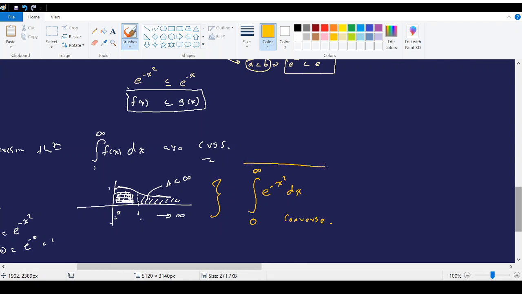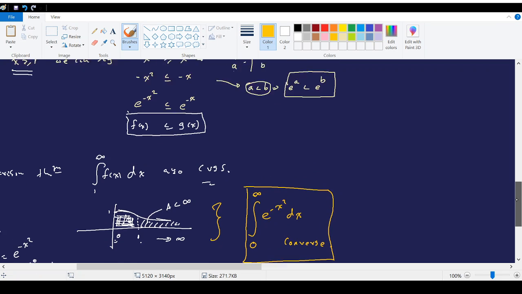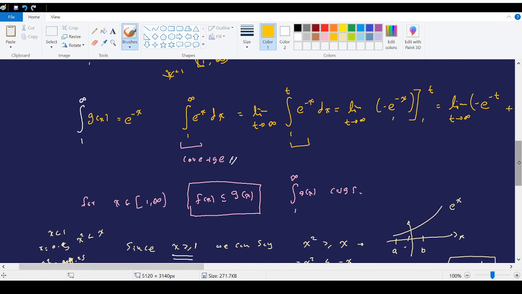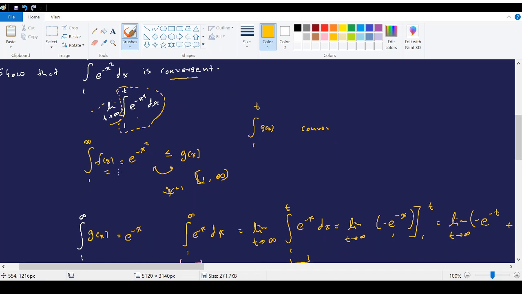In order to prove the convergence of this function within the range 0 to infinity, first we considered the same function from 1 to infinity,